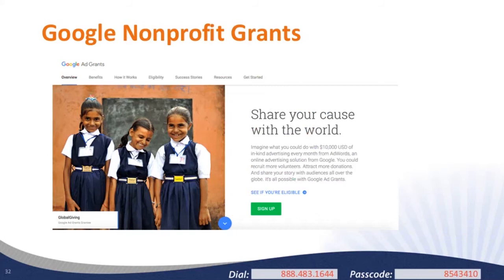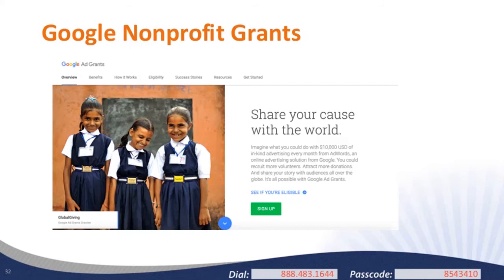I've worked with many different types of nonprofits who have been recipients of nonprofit grants from Google. As you think about the best ways to use the Google Ad Grants, here are just a few guidelines to keep in mind. Number one, your ads will be entirely text-based. They don't allow you to use video or images using this grant money. They'll also appear only on Google search results pages in positions below the ads of paying advertisers. All campaigns must be keyword targeted,